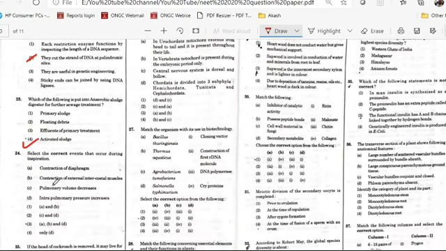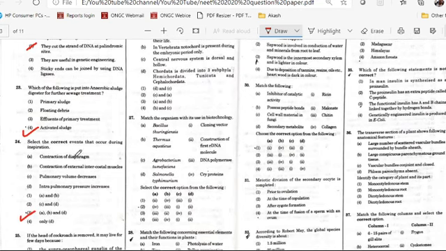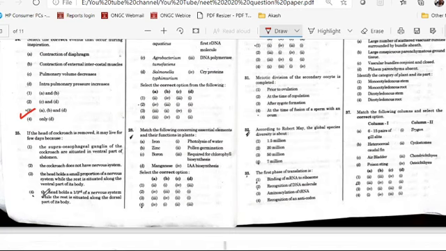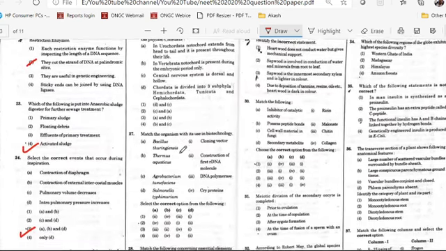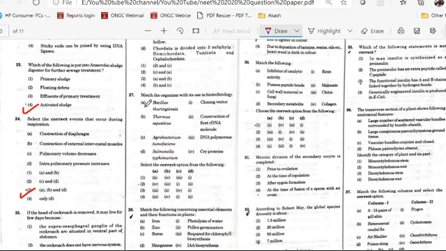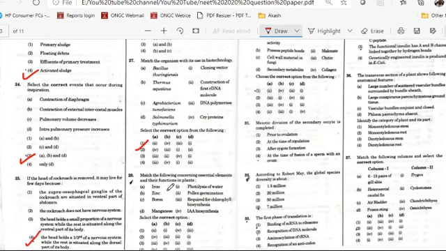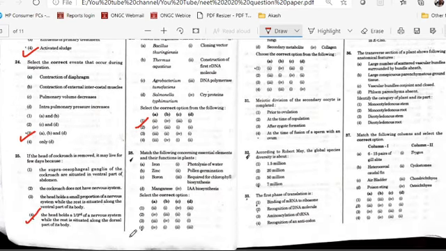In question number 24, the answer is A, B and D. This is the answer for question number 24, where the question is the correct events occurring during the interception. In question number 25, option 4 is the answer. The head holds one third of the nervous system, the rest situated along the dorsal part of its body. This is the answer. In question number 27, again the column match, the answer is option 2. You just match your answer. In question number 28, again column match, the answer is option 4.